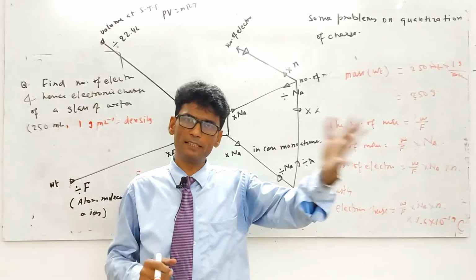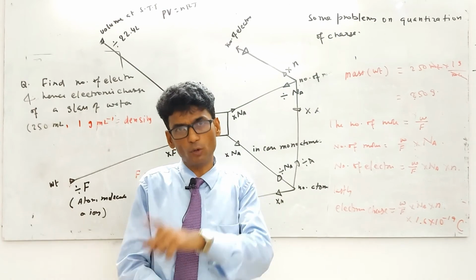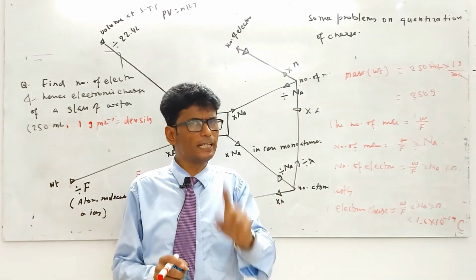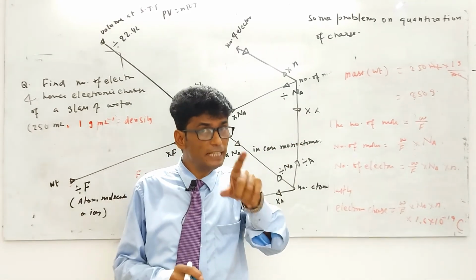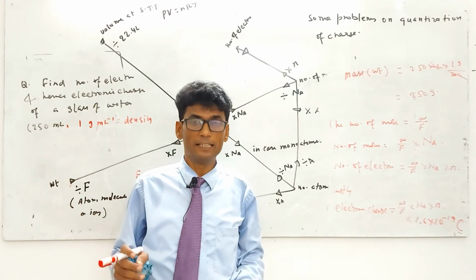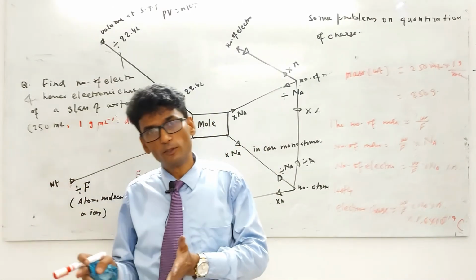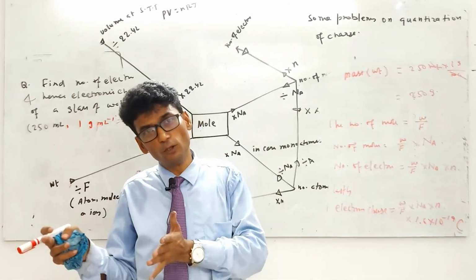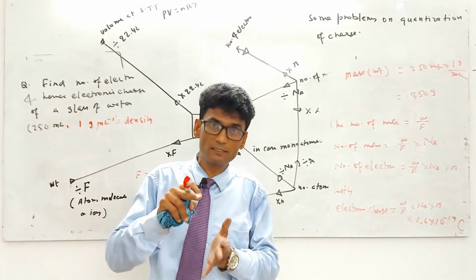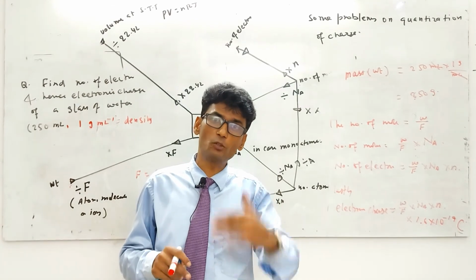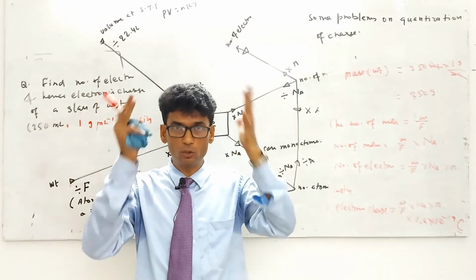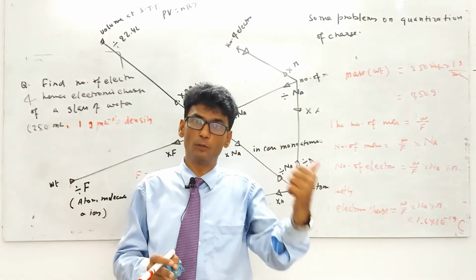Suppose length is given as 10 millimeter, so you write 10 into 10 to the power minus 3. Do not write meter, but you write 10 into 10 to the power of minus 3, because for milli we have to write 10 to the minus 3. Centimeter, then 10 to the minus 2. Say it is kilojoule, 10 kilojoule. So joule is the unit, not kilojoule. Before k you write 10 to the power of 3. So 10 into 10 to the power of 3 joule. So bring everything converted into the MKS system and then put the numerical value.